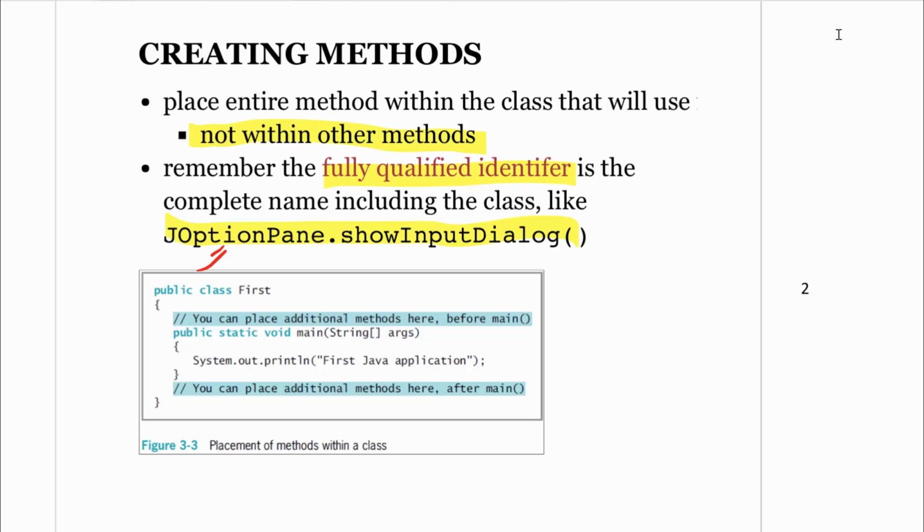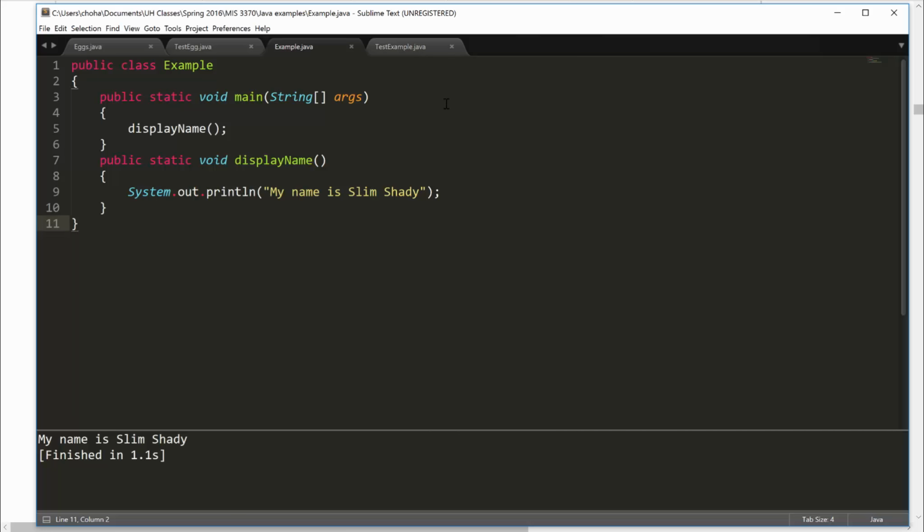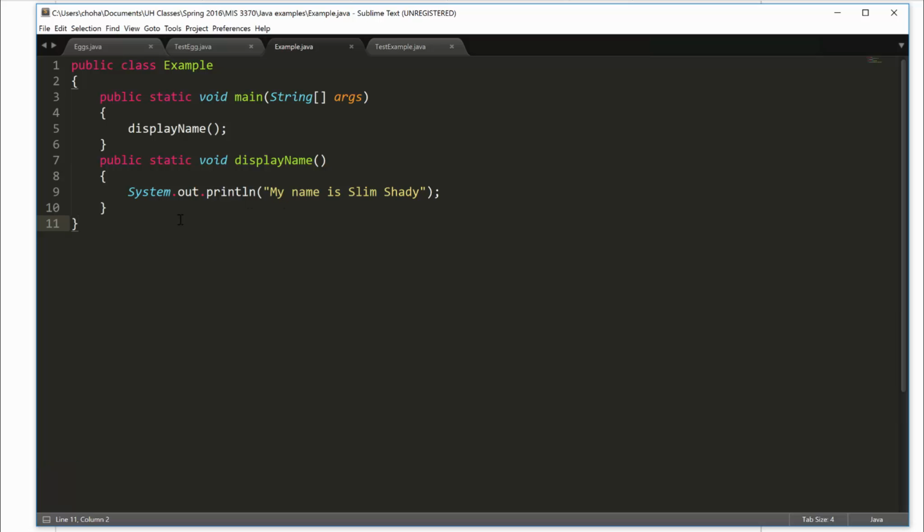So right here, JOptionPane is the class, and then the dot separator, and then you have the method, which is called showInputDialog. So you're able to call methods from other classes if you use a fully qualified identifier. So like we did in the previous example, let's just look at an example of calling methods from a different class. So let's say I don't want to change anything, I want to have the exact same method, but let's